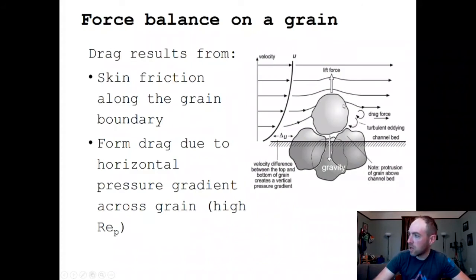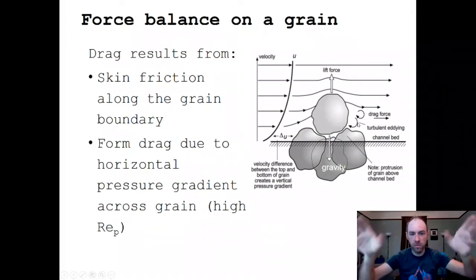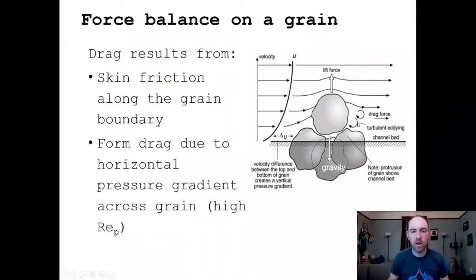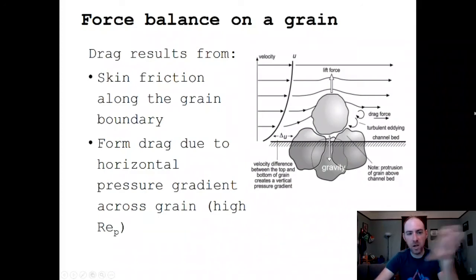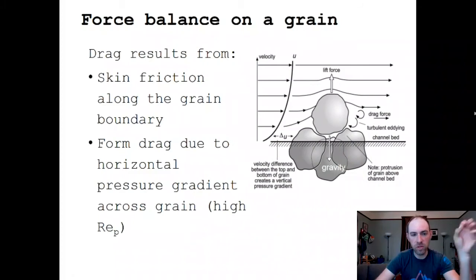Okay, so just those turbulent eddies being back here and sort of pushing their way back in there results in low pressure on that side of the grain relative to high pressure on this side of the grain, which exerts its own drag force. Okay, so pressure gradients across a particle result in a drag force. The same will be true when we start talking about bed forms in the next lecture. Okay,